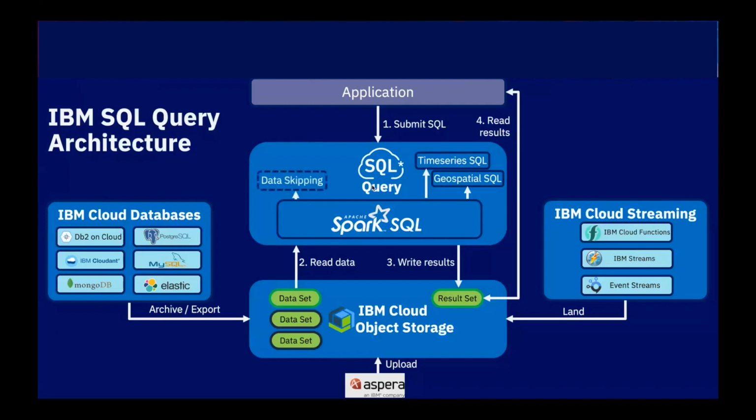And we also have a beta running for data skipping, which is also the first in the industry of a serverless SQL service that can do indexing of data on cloud object storage and consume these indexes when the query is run and executed to optimize I/O, to know exactly the objects that can contain candidate data based on the predicates of the query. So that's the basic fundamental architecture of the service.